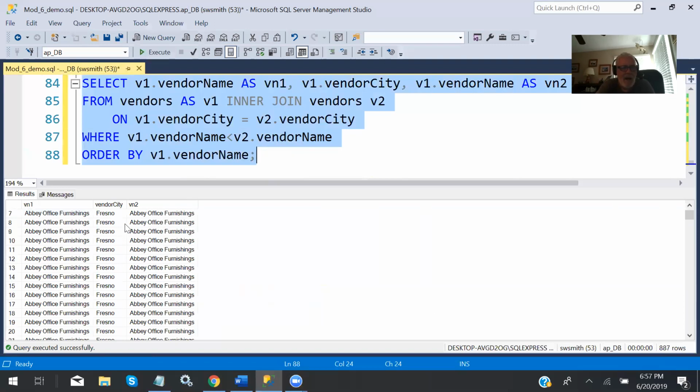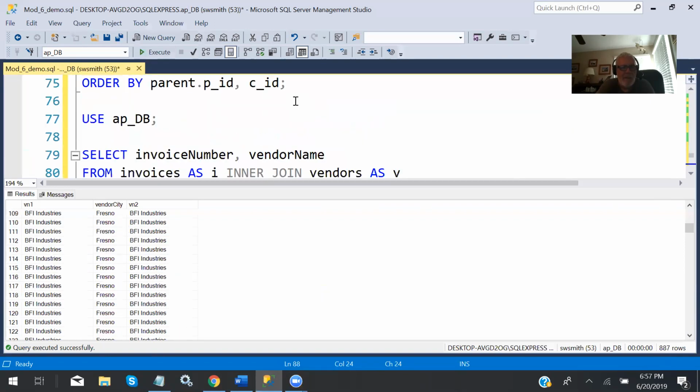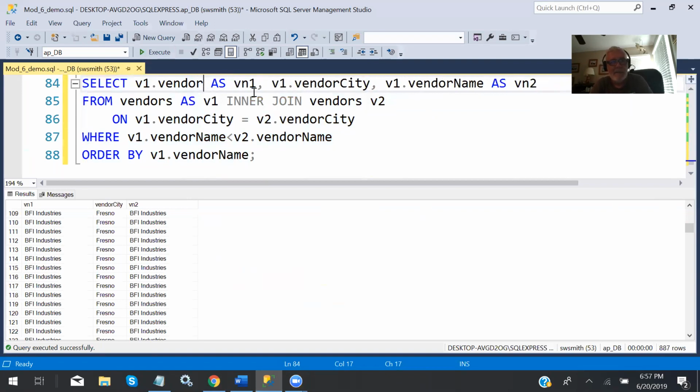So now I only have those that actually really share the same city. Now, if I put something in there that would let me identify them, so vendor ID instead of vendor name, if I had set that down to vendor ID,